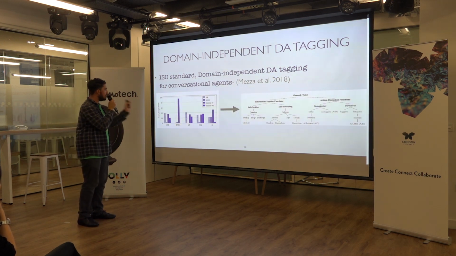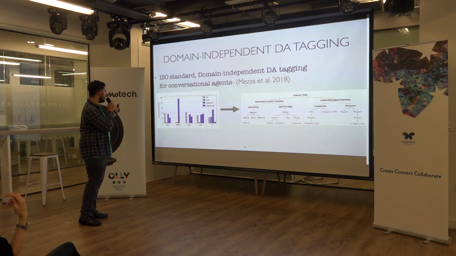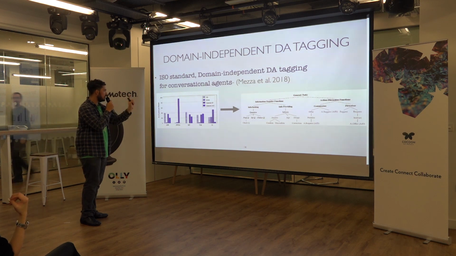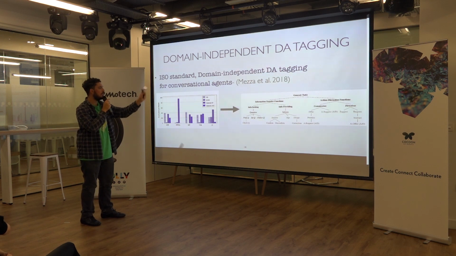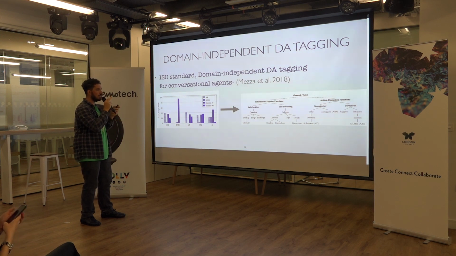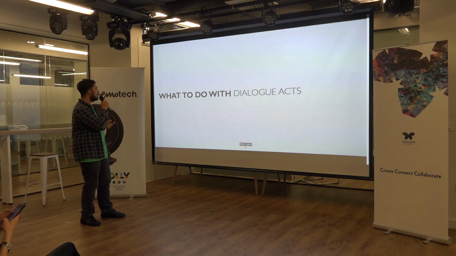So the way the system works is, as you can see, we picked different old corpora, there are 5 of them, which are the AMI corpus, conversations, Switchboard, telephone conversation, Map Task, which is travel planning, Verbmobil, which is restaurant reservation, and Oasis, which is customer assistance. And we mapped them all to the taxonomy of the new ISO standard, thus creating a general domain-independent taxonomy, which we then train with machine learning.